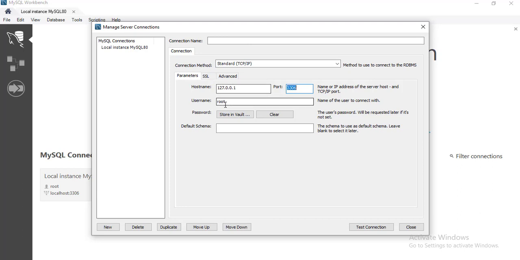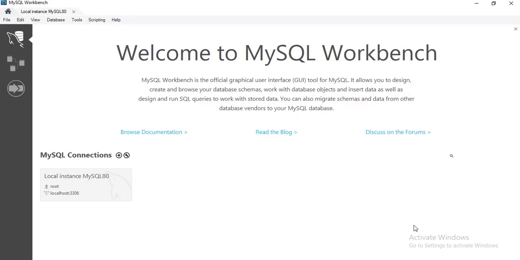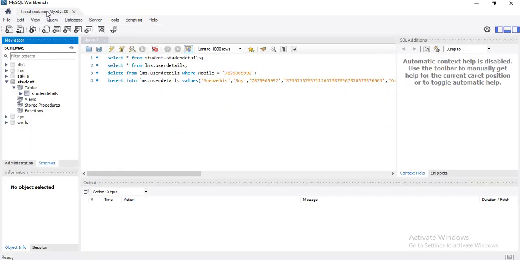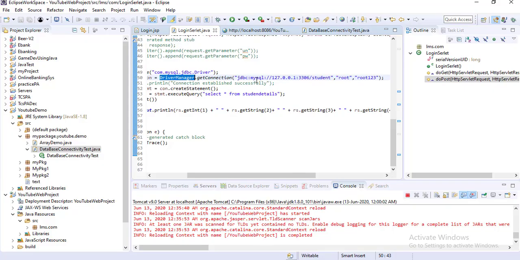Then the username is root, and the password, I told you that while installing your MySQL it will ask you for a password. Here I have given the password as root123. Go to that part. Here you can see JDBC, then MySQL, then this is the URL, then the port, then student is my database.